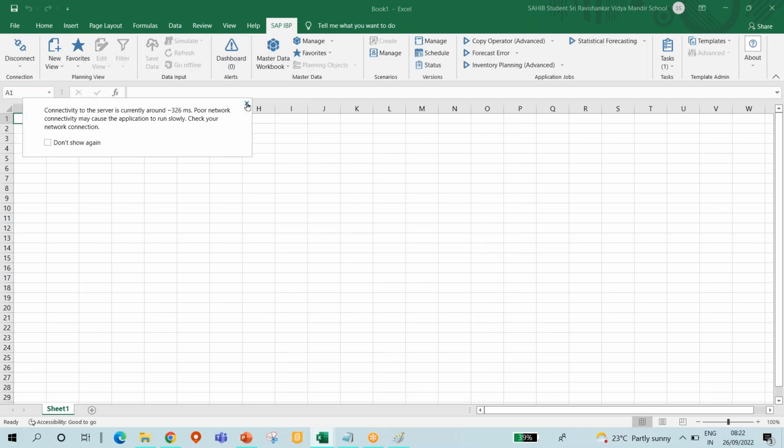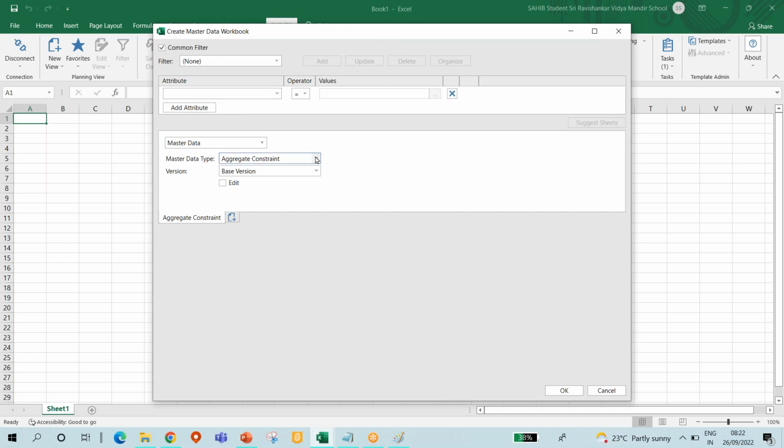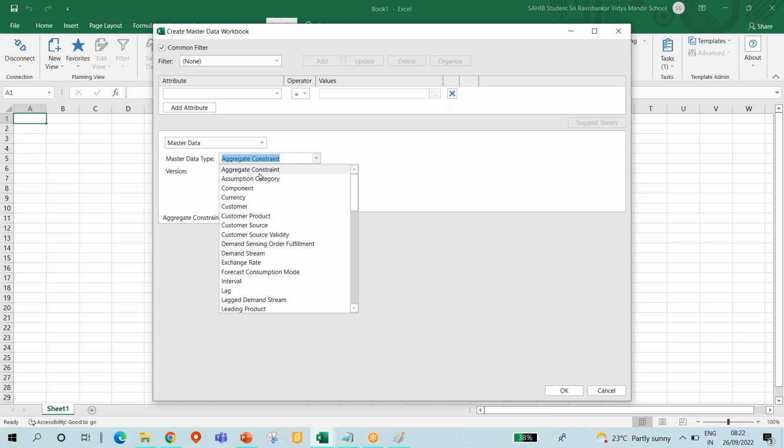So now after logging in, we are seeing all these buttons which we discussed in our previous class, all the important functionalities of each of these buttons. So now one of the important buttons that we have is in this section, which is related to this master data topic. So now if I just go inside this create button, and what all the master data are available. So let me go to the product master data,